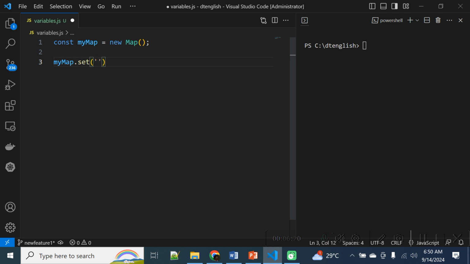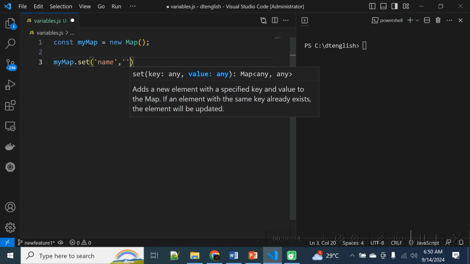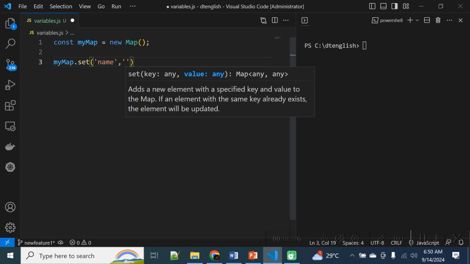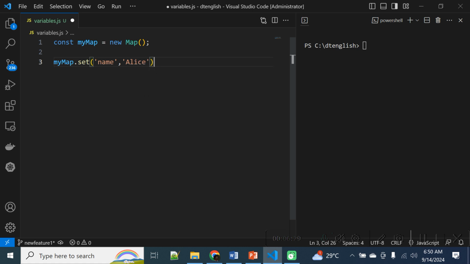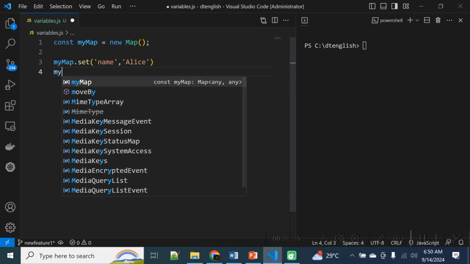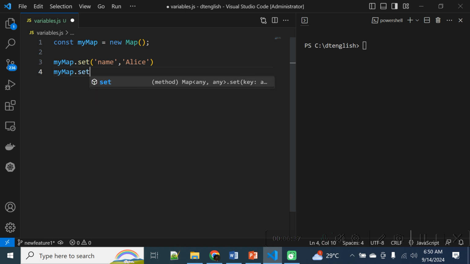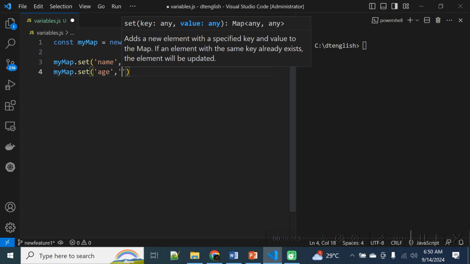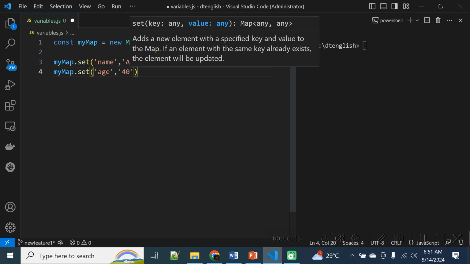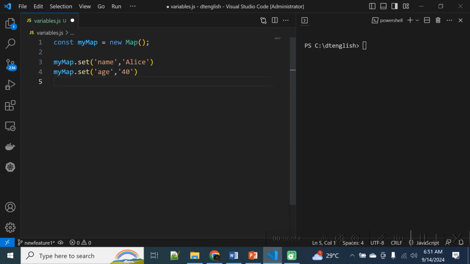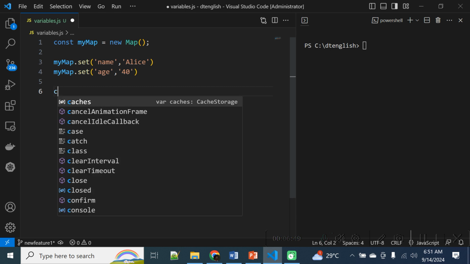For example, the first one should be the key and the second one should be the value. Let's try adding multiple key value pairs. If we try to print this map,